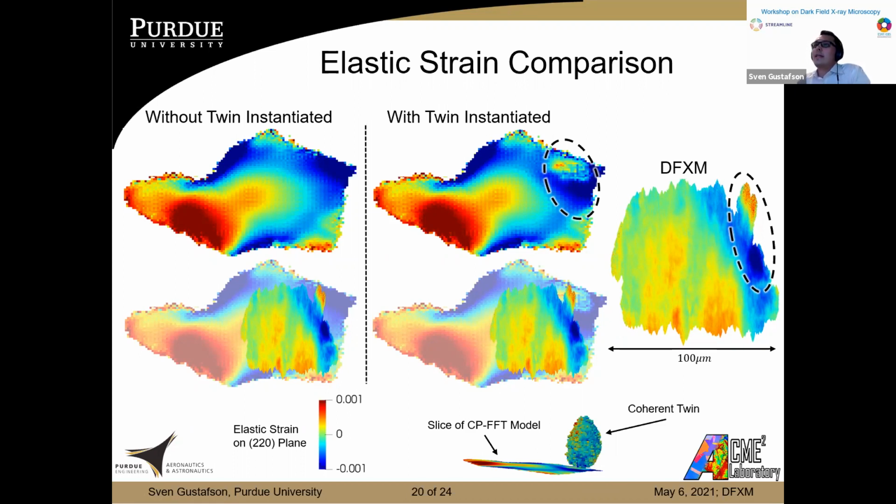The big takeaway here is that when we had the twin instantiated, we're able to see the effects here. We have a high strain concentration here, a high strain directly next to a lower strain value here. And that's what we can see in this part right here from the dark field. So we see a good match, both in value and spatial locations